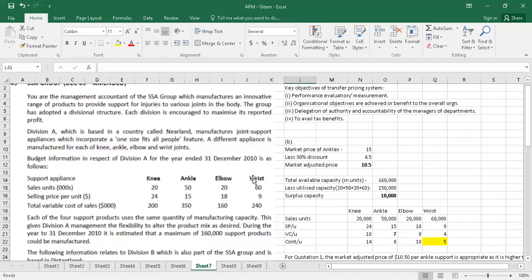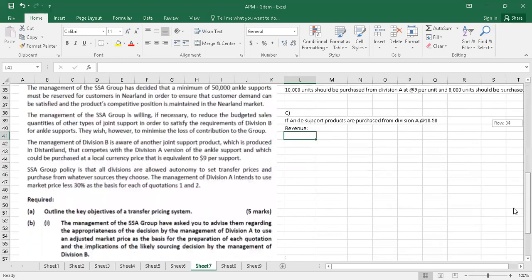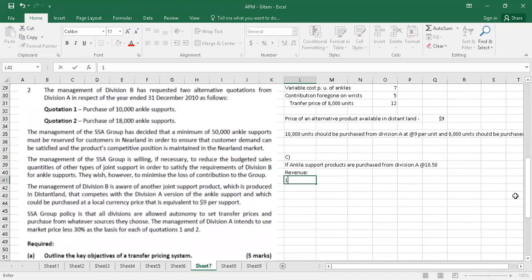Because A will have a revenue, SSA also will have a revenue. B will be buying from A, A has a revenue, so SSA has a revenue. So that way we need to understand. The revenue part of it has two aspects. So 18,000 units, 18,000 ankles at dollar